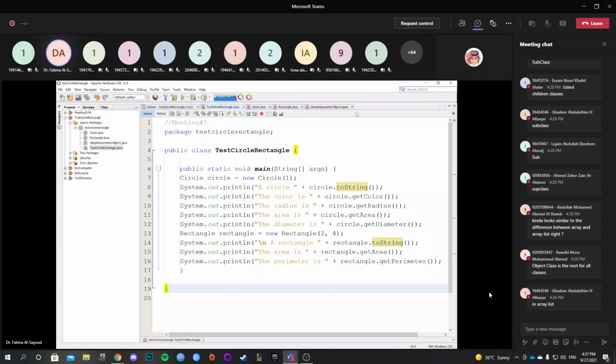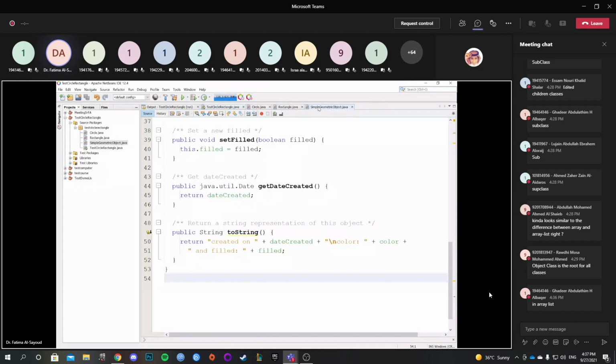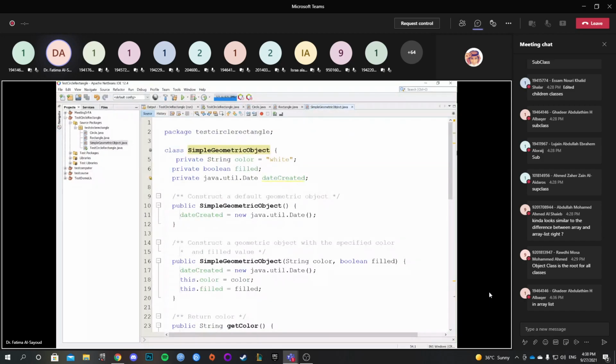Okay. So if you remember, how many classes we had? 3. We have a parent or a superclass, which is SimpleGeometricObject, and we have a rectangle and we have a circle. Okay? All these classes don't have any main methods. So that's why later we have to create a class to have a main method, and we call it TestCircleRectangle. So let's see the first class here, SimpleGeometricObject,